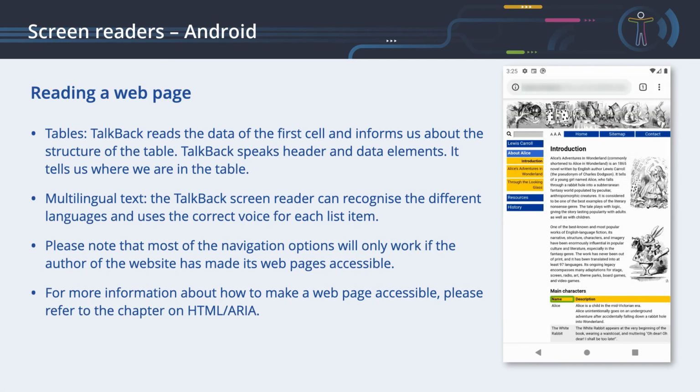Row 1 in grid, a table with some characters of the novel, 5 rows, 2 columns. Description. Alice. Row 2. Name. Alice is a child in the mid-Victorian era. Alice unintentionally goes on an underground adventure after accidentally falling down a rabbit hole into Wonderland. Description. The White Rabbit. Row 3. Name. The White Rabbit appears at the very beginning of the book, wearing a waistcoat, and muttering, "Oh dear. Oh dear, I shall be too late." Description. The Hatter. Row 4. Name. The Hatter explains to Alice that he and the March Hare are always